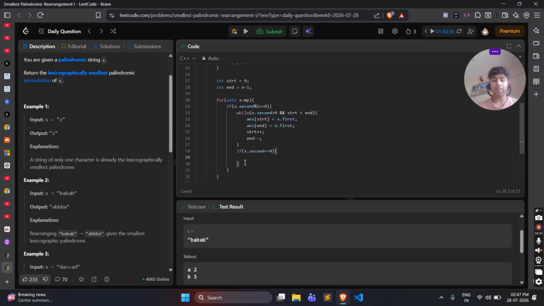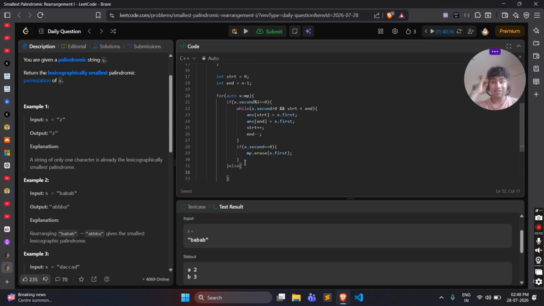we're going to say is mp dot erase x dot first. Okay, so we're going to erase that particular element from the map, so we are not going to iterate on it. Else, now the second case is if it's not, it means it's odd. Okay, so